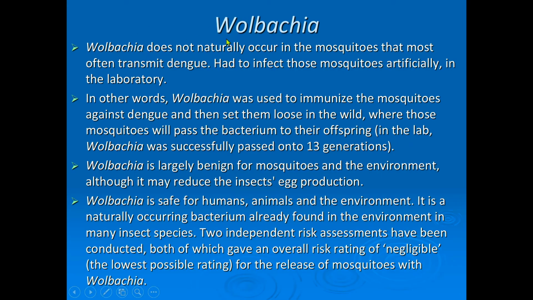Wolbachia does not occur naturally in Aedes aegypti, so we will have to infect these mosquitoes artificially in the laboratory before releasing them. Research has found that these mosquitoes will continue to pass on the bacterium to their offspring up to 13 generations. And because Wolbachia is safe for humans, other animals, and the environment, this is probably the best